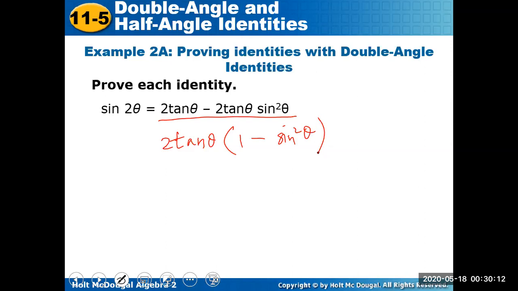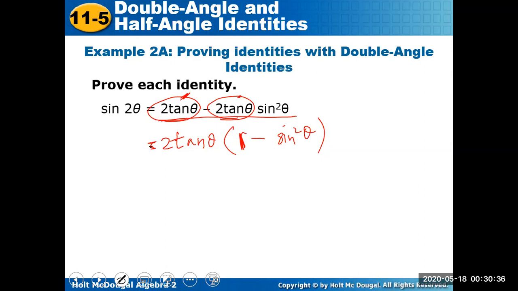This common means you take out the GCF. In both of these you have 2 tan theta. So if I take 2 tan theta out from here, it remains only 1 minus, and if I take 2 tan theta out from here, sine square theta will remain, taking out the GCF basically. Okay, then